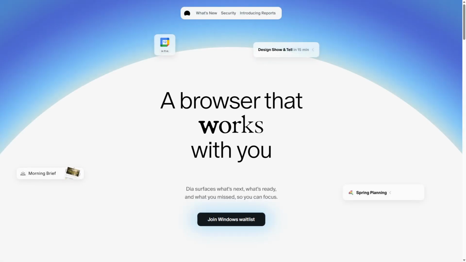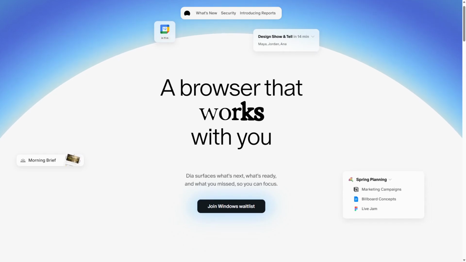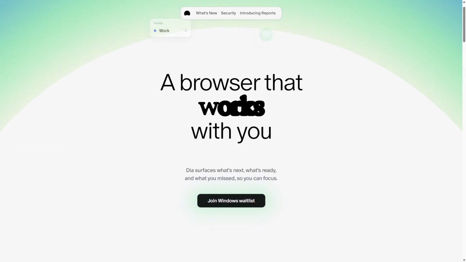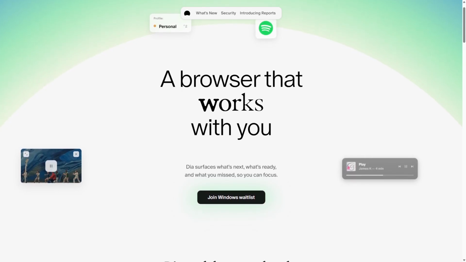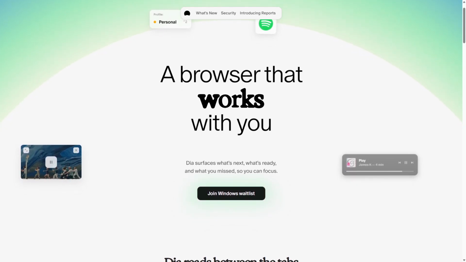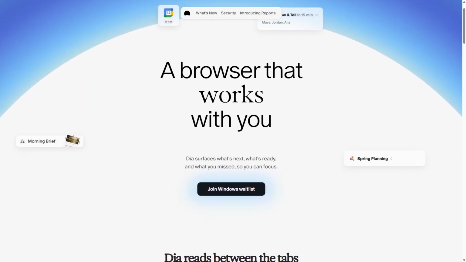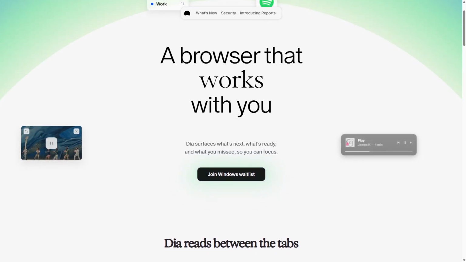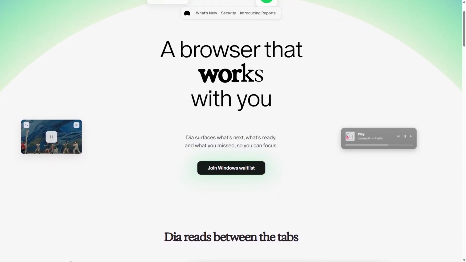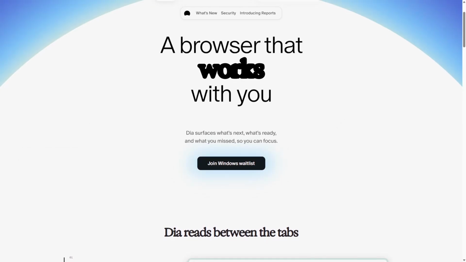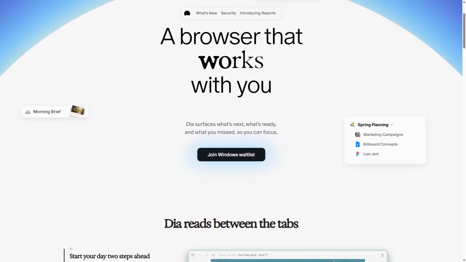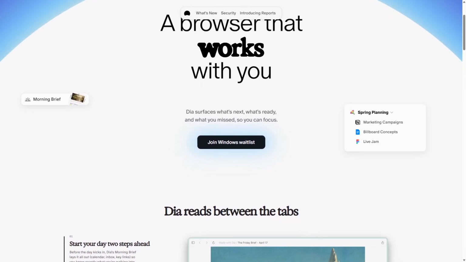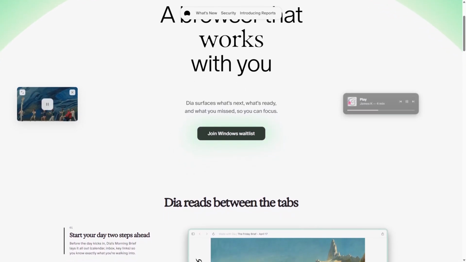Dia is designed with a focus on user privacy and simplicity. It offers a minimalist interface that prioritizes speed and efficiency, making it easy to navigate without distractions. Dia incorporates AI technology to enhance browsing by providing personalized content recommendations and smart search functionalities. Users can enjoy a seamless experience with features like automatic ad blocking and tracking protection, ensuring their online activities remain